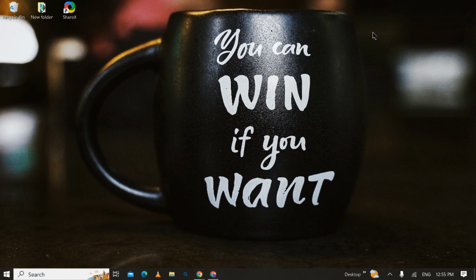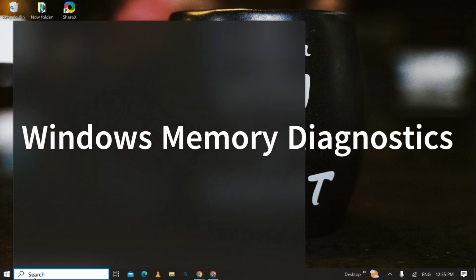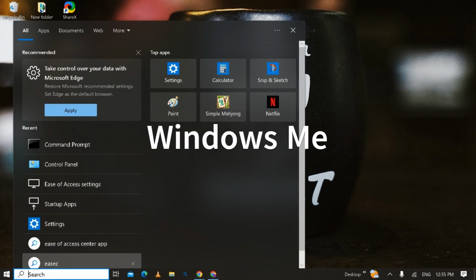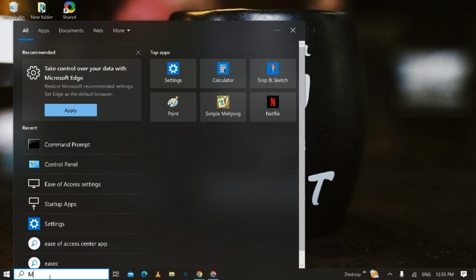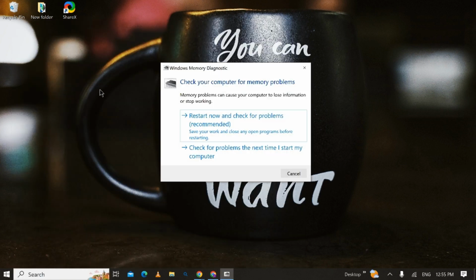So the other thing you need to do to make sure that you do not have a slow computer is to check on your memory issues. So just go to Windows and to the search button, and write Windows Memory Diagnostic. And one thing you should never ever do, I give this as a warning, never ever click